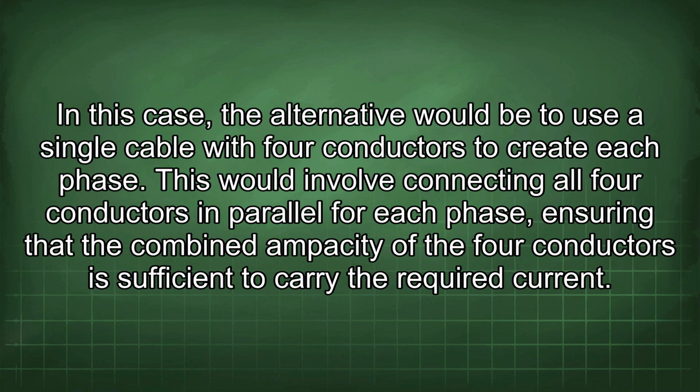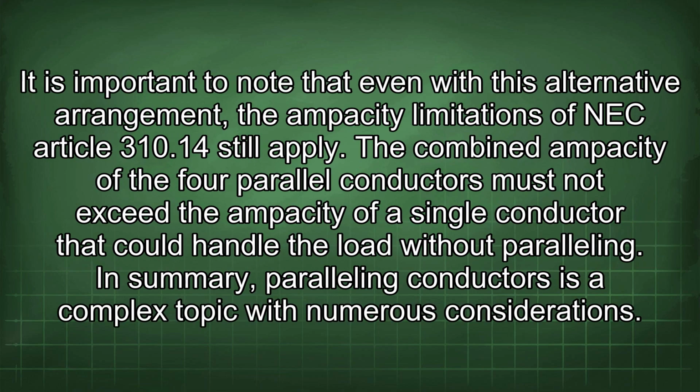In this case, the alternative would be to use a single cable with 4 conductors to create each phase. This would involve connecting all 4 conductors in parallel for each phase, ensuring that the combined ampacity of the 4 conductors is sufficient to carry the required current. It is important to note that even with this alternative arrangement, the ampacity limitations of NEC Article 310.14 still apply. The combined ampacity of the 4 parallel conductors must not exceed the ampacity of a single conductor that could handle